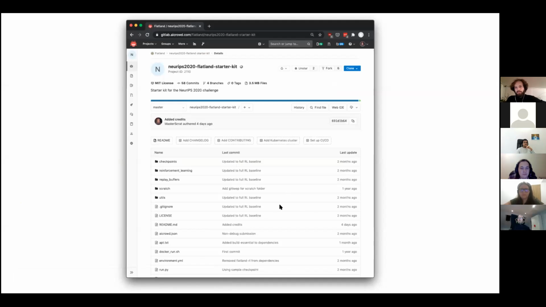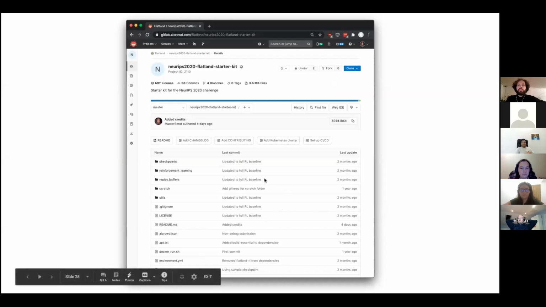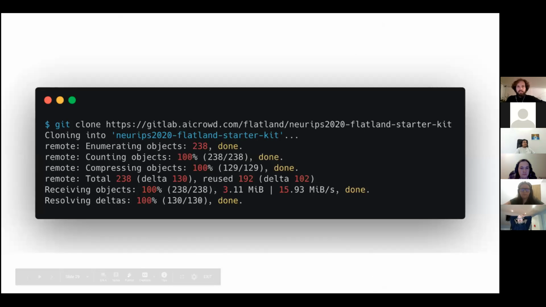On the evaluator side, it's built into a Docker container, and then it's evaluated. But this build step is handled automatically, so you don't need to know Docker to take part. It's handled more or less transparently. So if we go step by step through the process, what you would do is start with a starter kit typically. So this is the starter kit for this edition of the competition. You would just clone it locally,